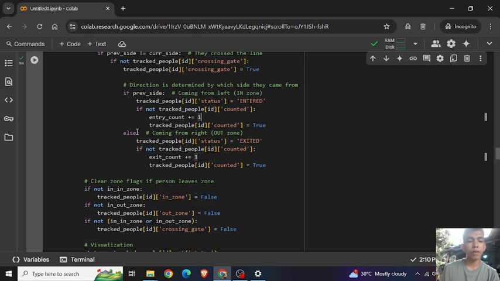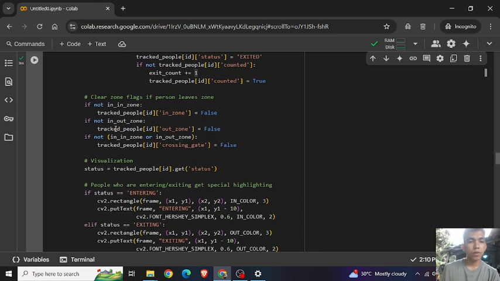Then if they cross from left, count as entered. If they cross from right, count as exited. So clear zone flags if a person leaves the zone. If not in a zone, the function of this is to reset zone and crossing flags when the person is no longer inside any zones.